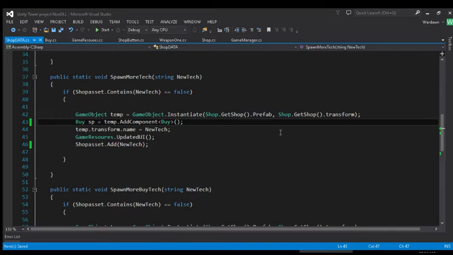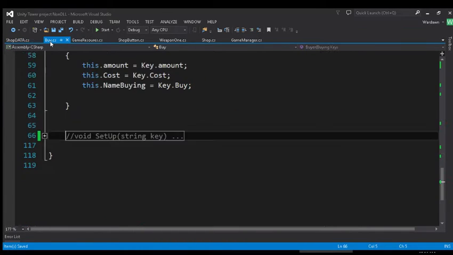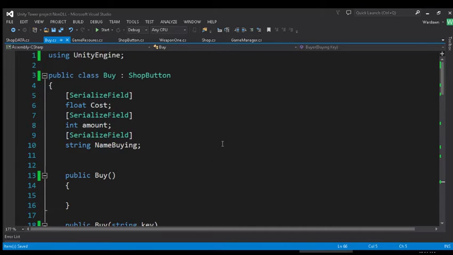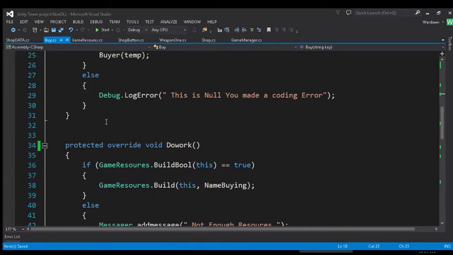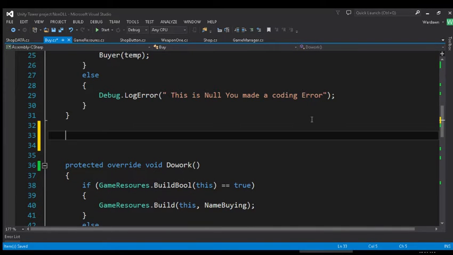We get an add, but buying won't load up the information because we don't have the scriptable object yet, because it happens in this method right here. Well, we can't call this method from anywhere else except in a C# kind of way. So what we need to do is have a function that has to be public,